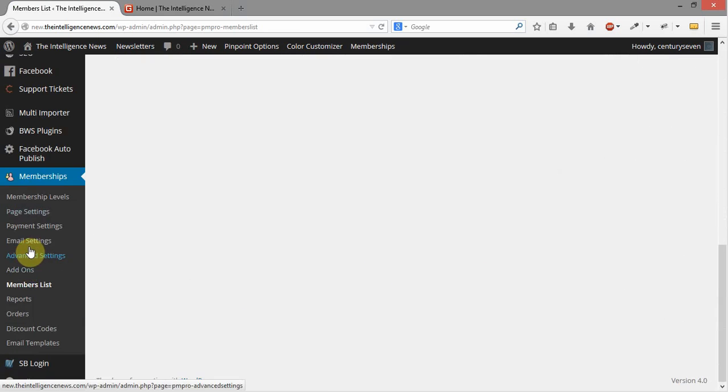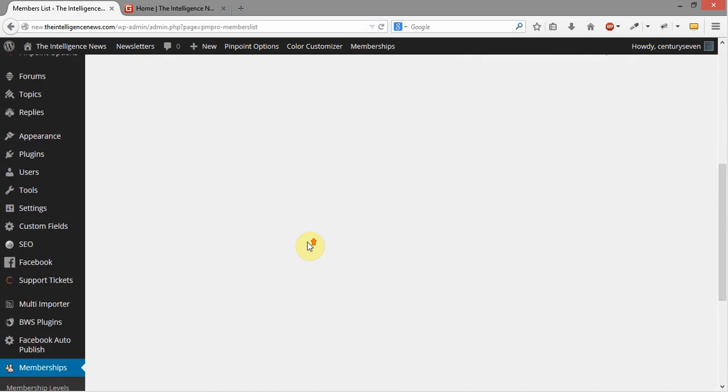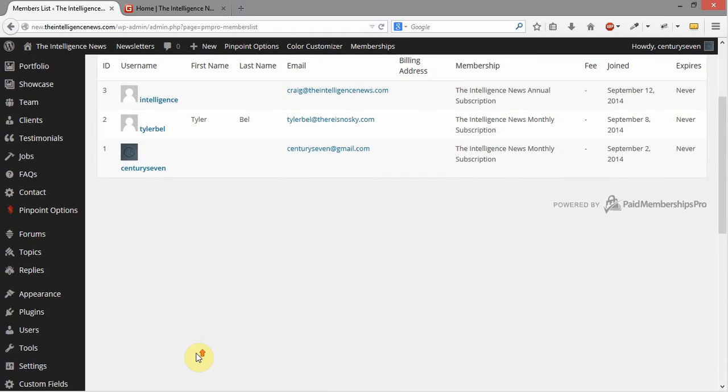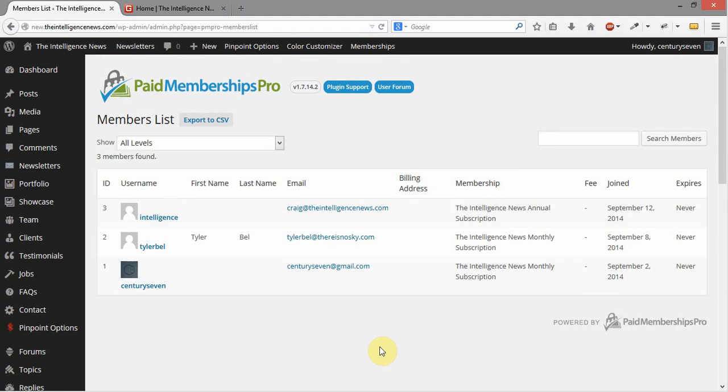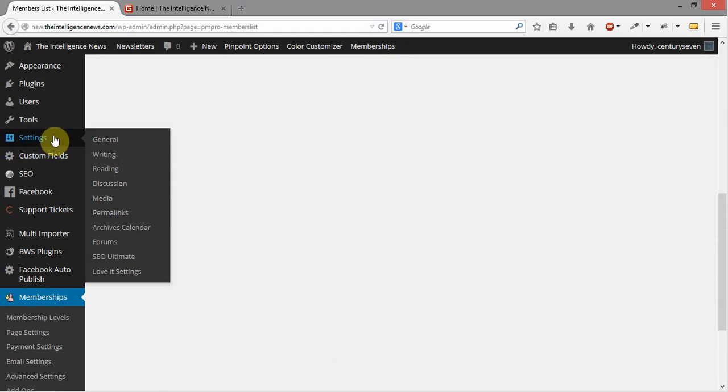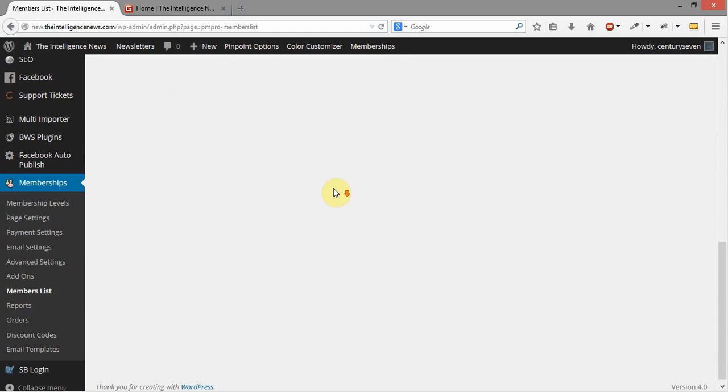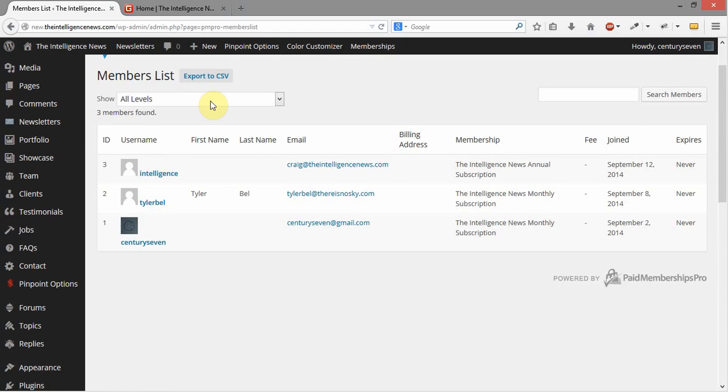So if you wanted to give somebody a free membership and you created a user account for them, you don't come in here to give them a free membership. You go into user accounts and simply assign them one. Over here, this is going to show you all the different levels that people have and stuff. It's just an overview. It doesn't do anything except allow you to